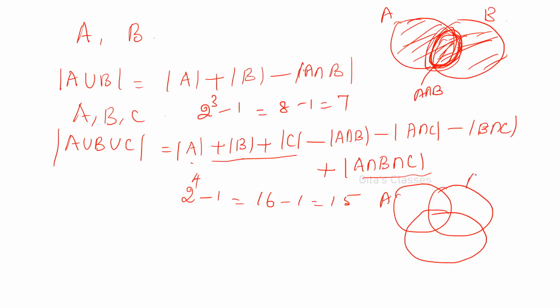So this is A, B and C. This part will be removed, this part will be removed, but this part will be removed. But we want this, no? All these things are already included in A, B and C. But this also we are removing three times. But this should be included, right? That is why plus cardinality of A intersection B intersection C. Understood? So this is the principle of inclusion and exclusion.